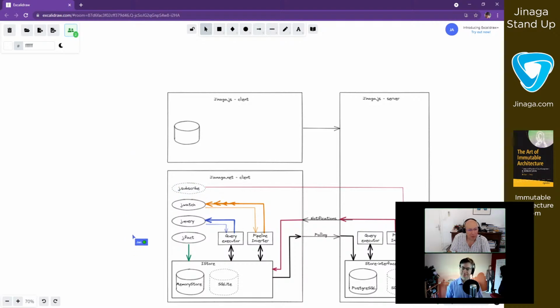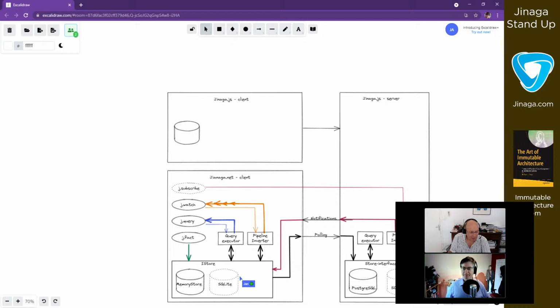So a j.query will just send the specification to what I call the query executor, which should be inside the iStore. Is that the query all method?